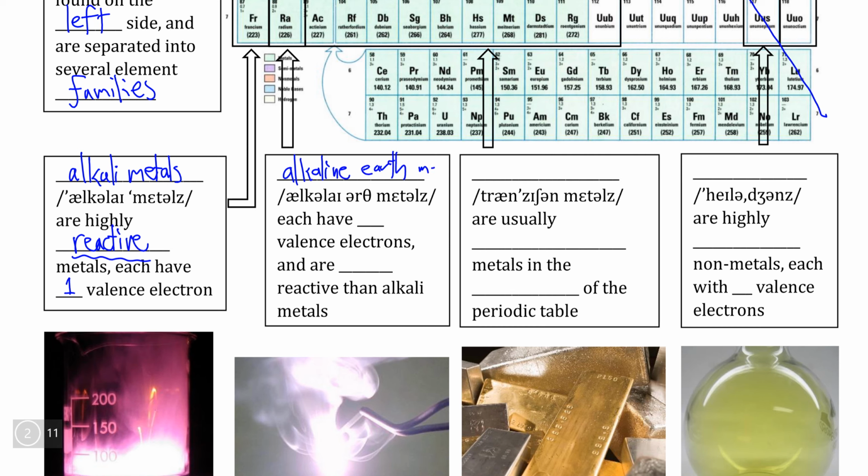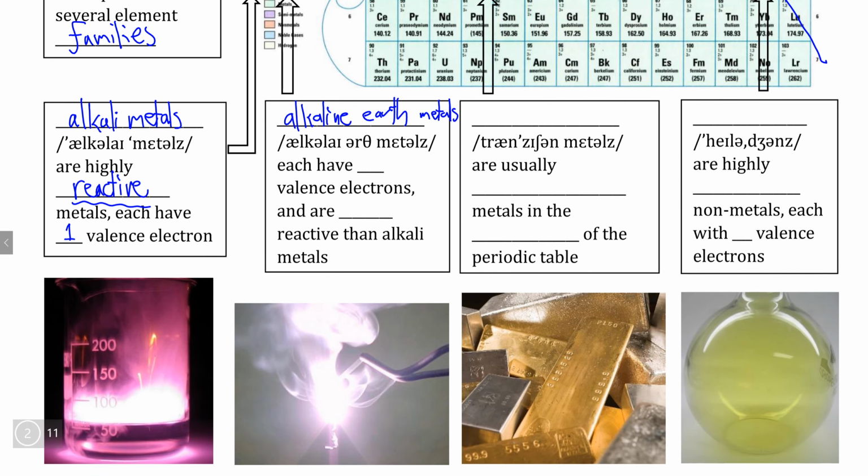Don't have enough space to write metals in. Let's just squeeze it in there. And these are also very reactive. We can see in this picture that this metal is being burned and giving off a very bright light. This is magnesium here. So alkaline earth metals are also very reactive, but are slightly less reactive than alkali metals. You need to set magnesium on fire before it does this, unlike the alkali metals that explode when they touch water. And alkaline earth metals have 2 electrons in their outermost shell instead of 1, and again we'll see the